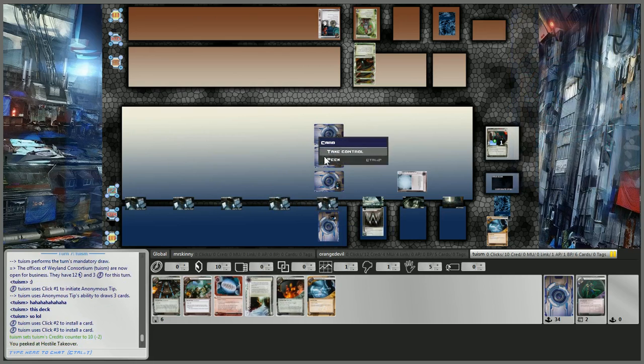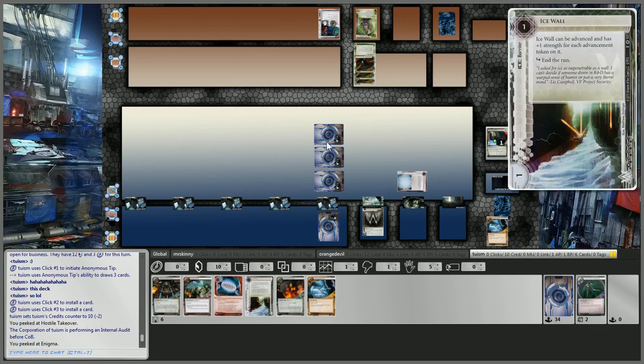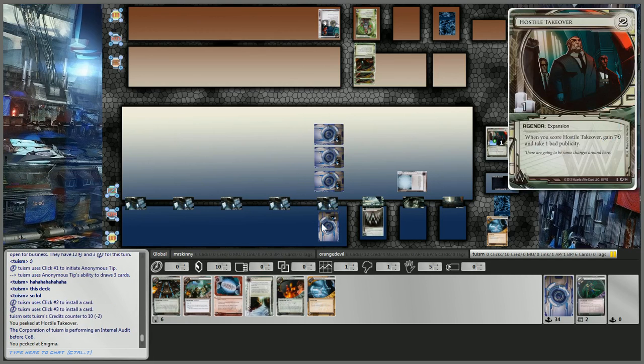So we have another ice out on the first remote. So we've got Enigma, Ice Wall. So a couple of easy ices alongside the Archer. And then he puts the Hostile Takeover into his...